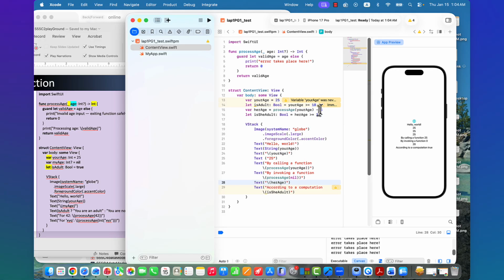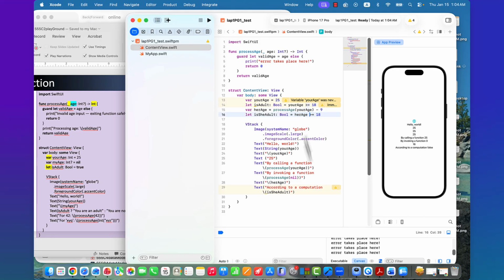Because it's 25 minus 5, 20. I would just say here, maybe 9. Therefore, it'll be false, right? Because is she adult? I said here negative 9. This is the same rule, right? Same rule. So she is not an adult.